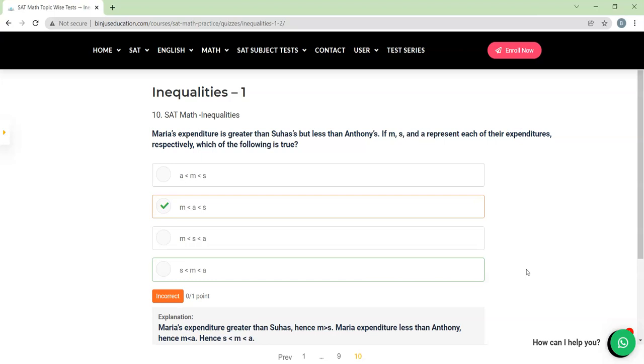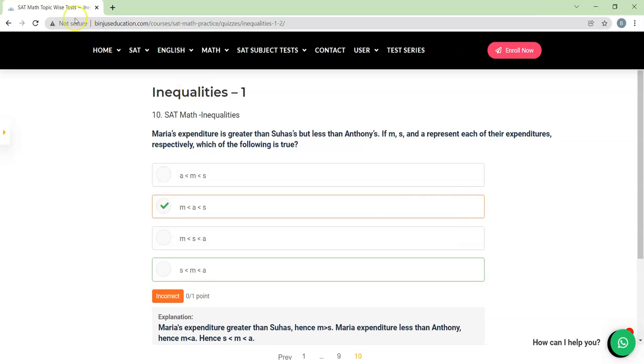And if any one of you is looking for them, then you can connect with me. I'll help you out with those official mock papers. The same thing we'll be doing for verbal also, but as and when it's done, we'll update you guys. So this is where you can practice for free and try to boost up your score. The more you practice, the more you learn. So you can learn for free on YouTube on my channel, and then you can practice for free on my web portal. All right.